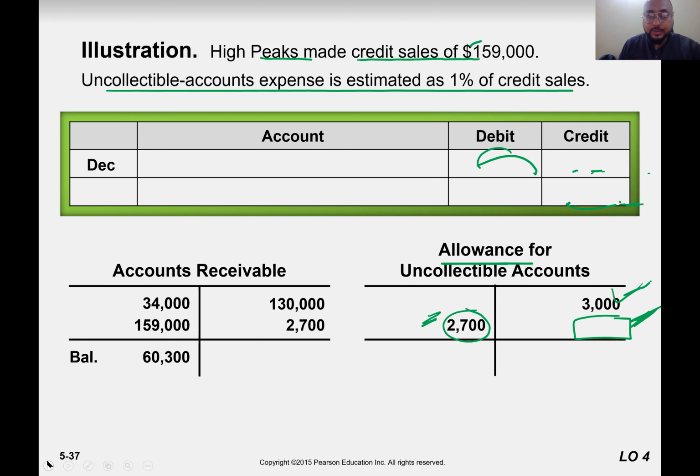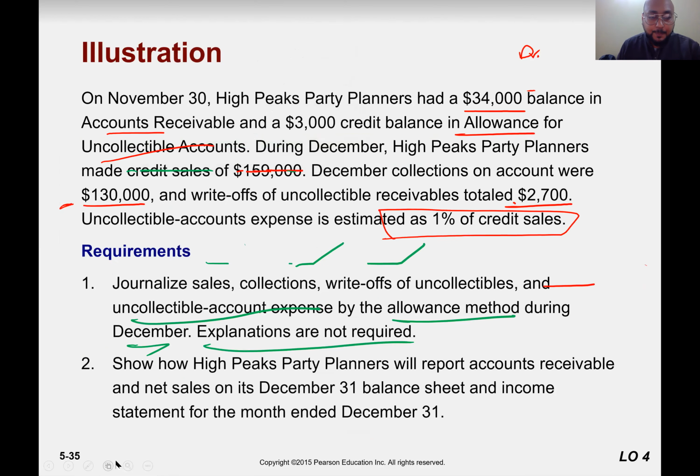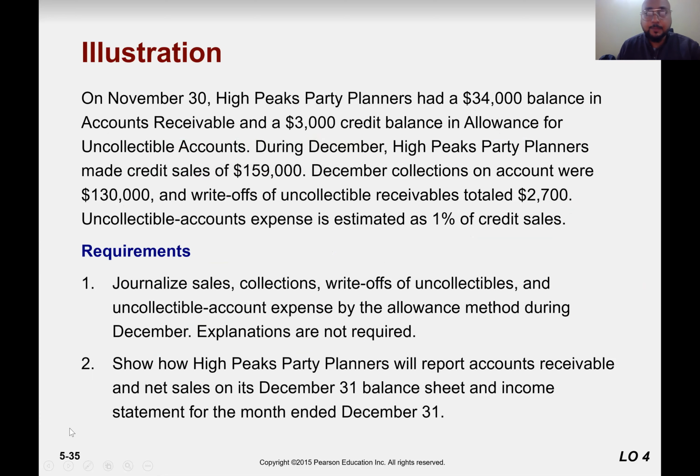So go back to our illustration one more time. Let me read that. On November 30, High-Peaks Party Planners had a 34,000 balance in accounts receivable and a 3,000 credit balance in allowance. That is just information. What happened? Now this is the real deal. In December, they had sales of 159,000, of which 130,000 has been collected. The write-off, whenever you read the word write-off, it means